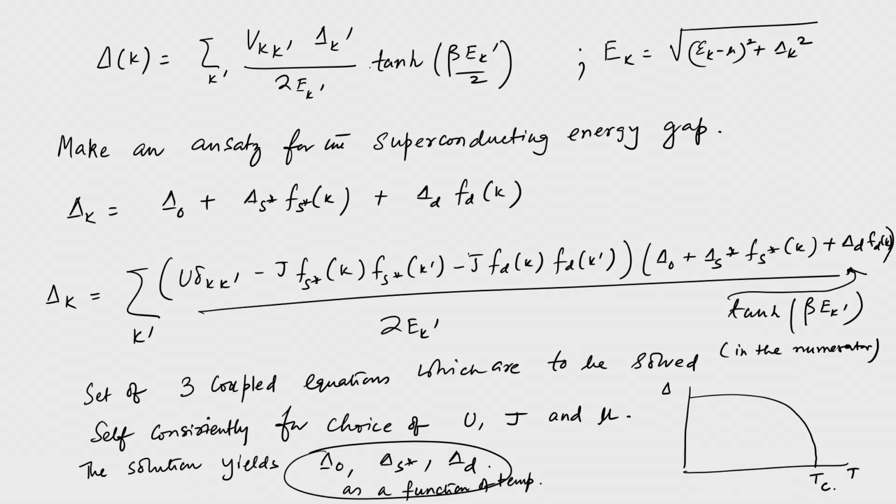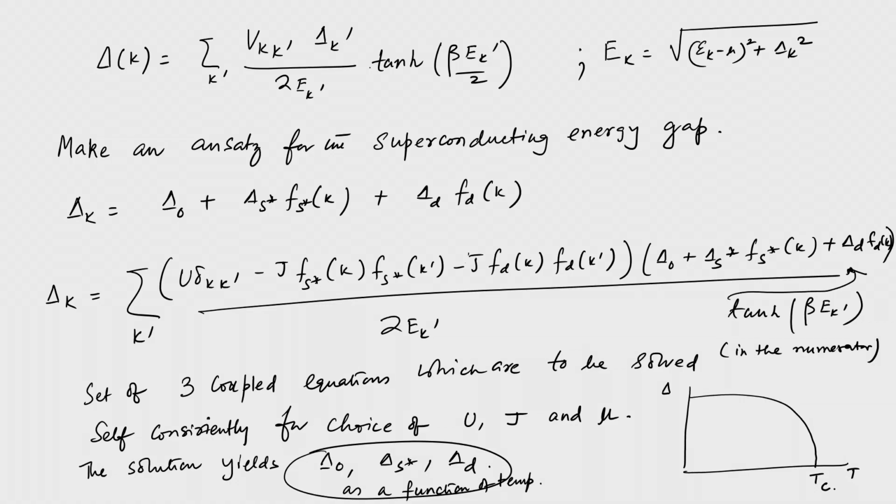And as we have emphasized a number of times that the energy gap is the most important thing in superconducting problem or in the study of superconductivity, and this is what it aims to do. It is true that we could not solve this problem sitting here, because it involves a very highly nonlinear equation, solution of nonlinear equation. You could try a Newton-Raphson method, but these are coupled equations, they have to be solved self consistently also for these choices of u, j and mu which are left to you to choose,